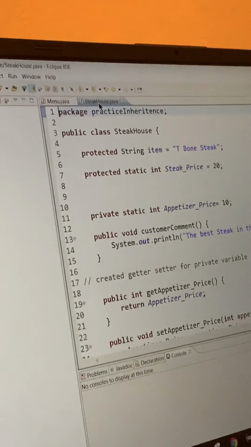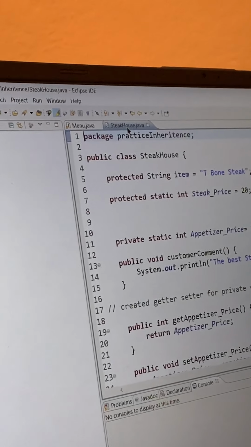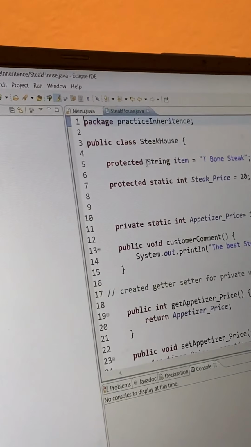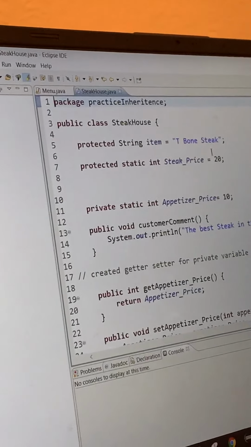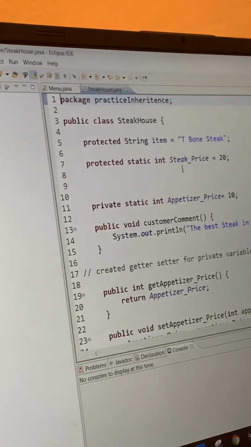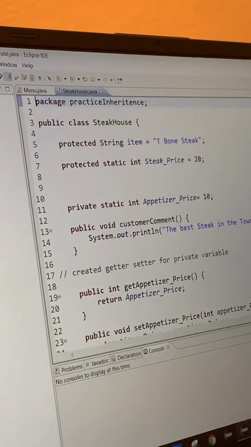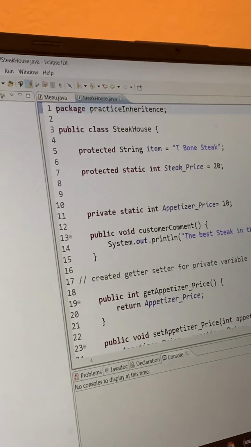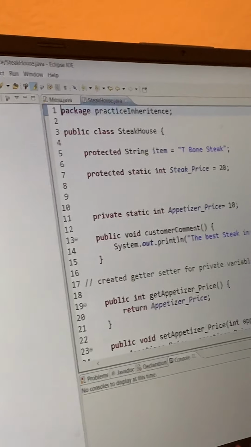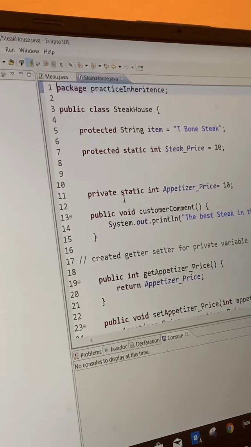Here, if you see, we have the steakhouse that has a string. I kept it protected. It's called T-bone steak, and I also kept an integer. It's called steak price, 20. In here, I kept a couple of other methods, like customer comments, and I created another private